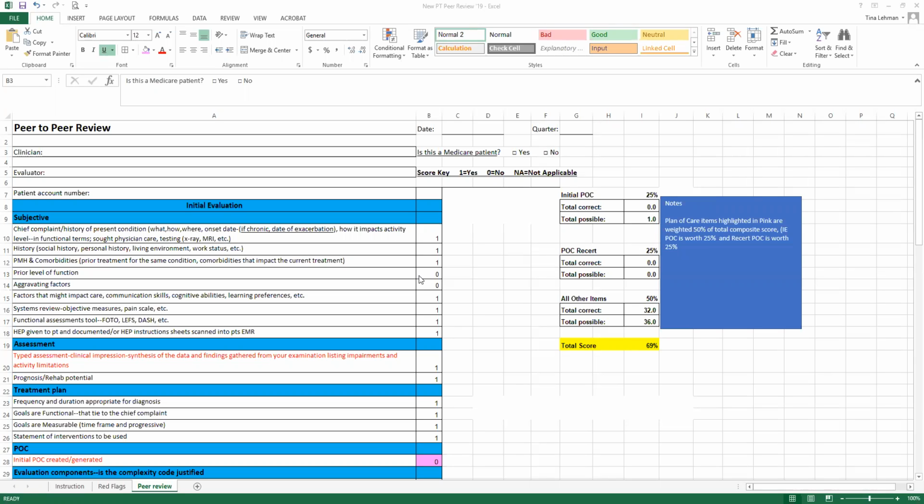Okay, so let's discuss the red flag items within the peer review forms. There are line items where the wording is in red. These are the red flag items. What the red flag items are addressing is the medical necessity, ensuring POCs are generated, and ensuring documentation supports interventions, code choices, and charges. So let's go over each of the red flag items in the peer review forms by